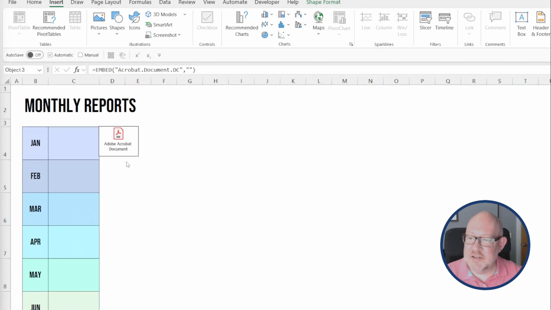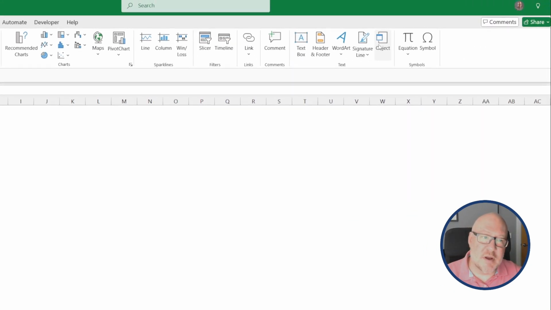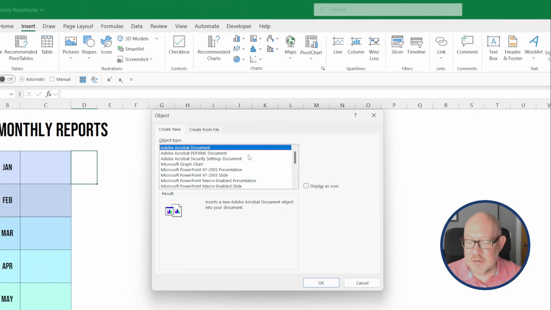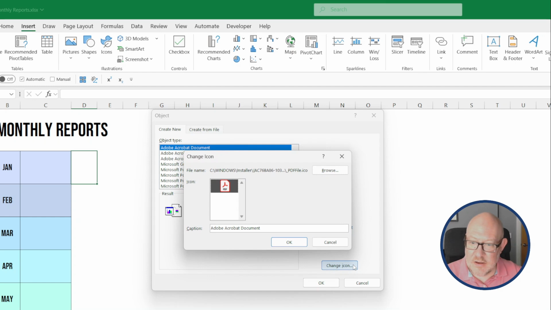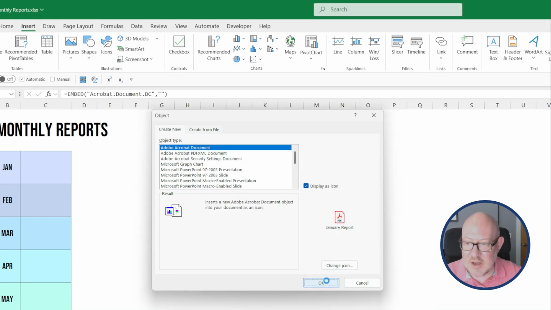I'll start by deleting this file I've just attached and run through the process again. If we go through the Insert tab and go to Object, Adobe Acrobat Document, Display as Icon. But this time I'll click the Change Icon button that you can see down here. Now this does let you choose another icon file if you're familiar with that. More importantly, it allows you to change the text that appears underneath the file. If we click OK,